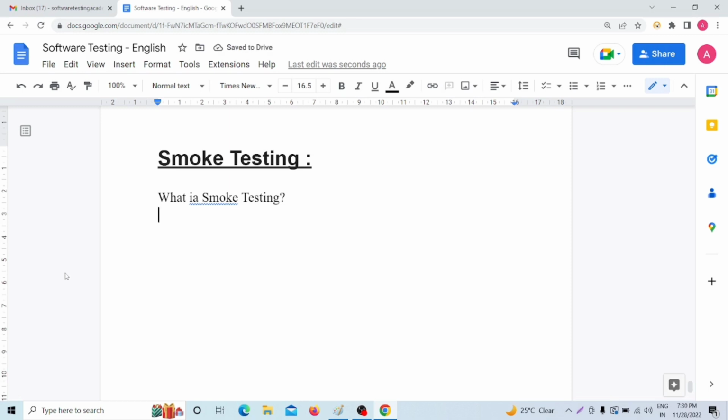Testing the basic and critical feature of an application before doing thorough and rigorous testing is called smoke testing. That means, what is smoke testing? Testing the basic and critical feature of an application before doing thorough and rigorous testing is called smoke testing. So we can tell it like that: